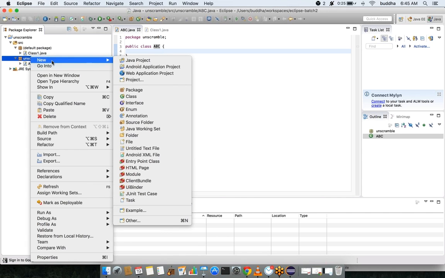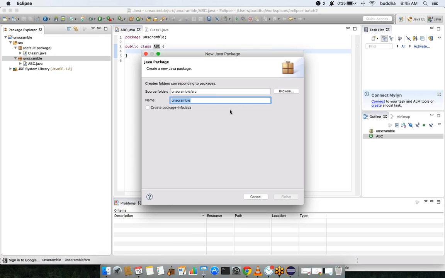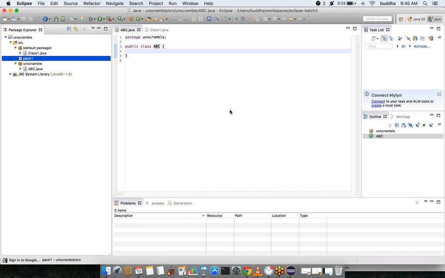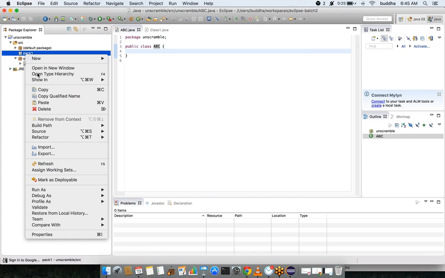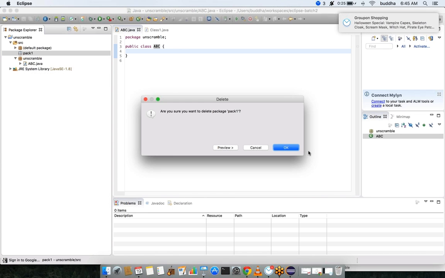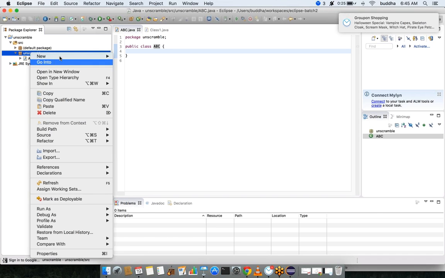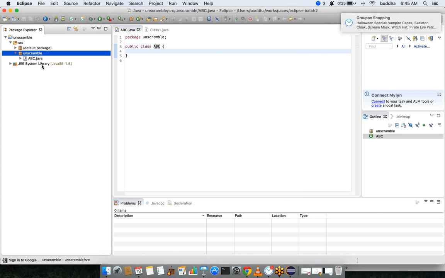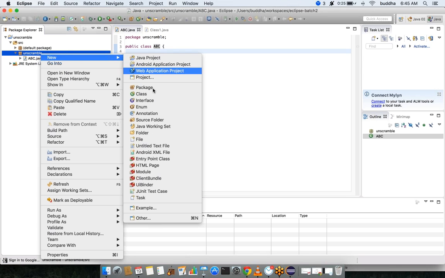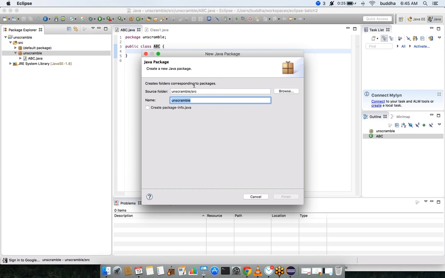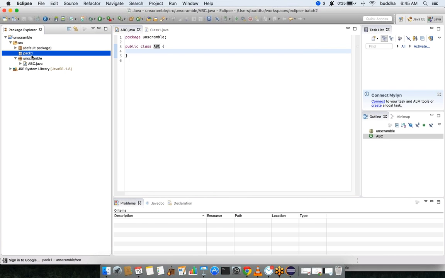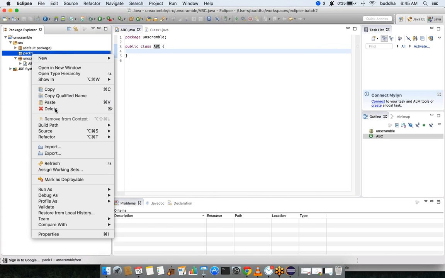If I select the package unscramble and then create a package, say pack1, that actually created a parallel package to unscramble, right? Let's delete it. Now if I select unscramble and create a new package, it's creating a new, different default package over here.